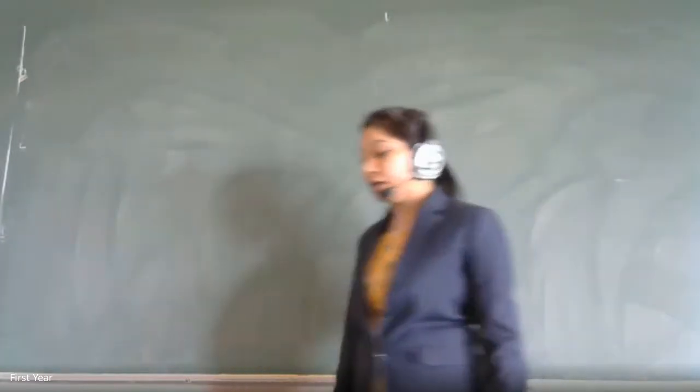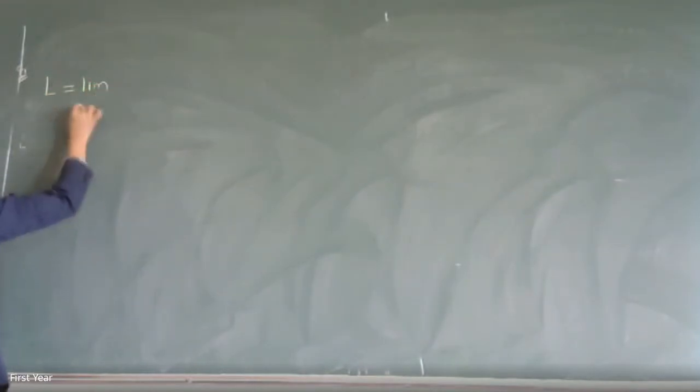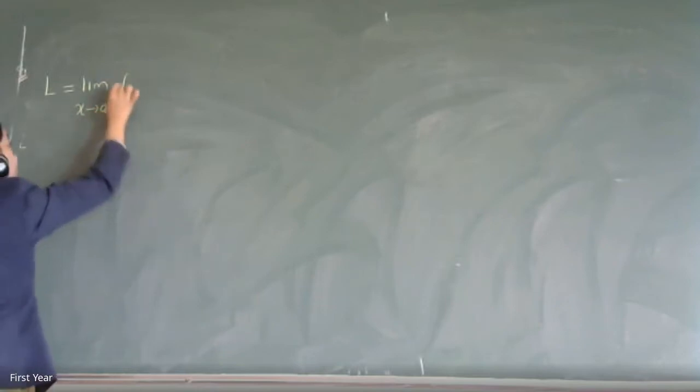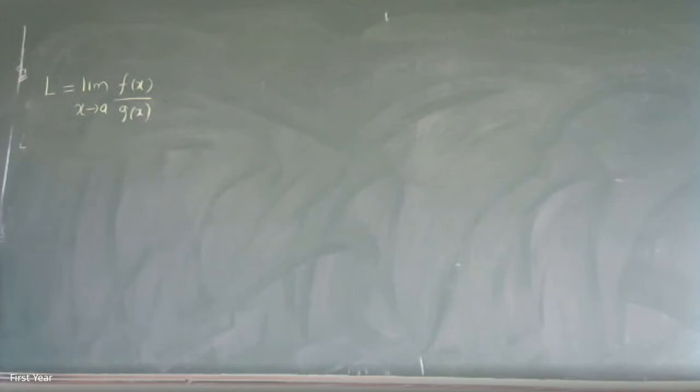Okay, so let me define or tell you what is the meaning first of indeterminate form. Suppose you are asked to find limit as x tends to a of f of x by g of x. This is the limit which is asked to find. In general, what is the value of this limit? How do we do it generally? We put x is equal to a, isn't it? How do we find the limit? In place of x, we put